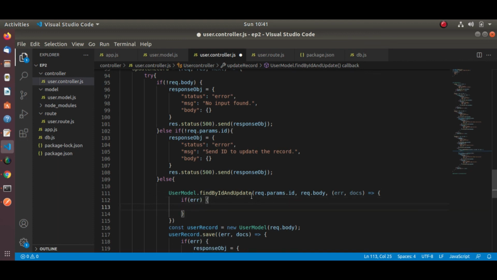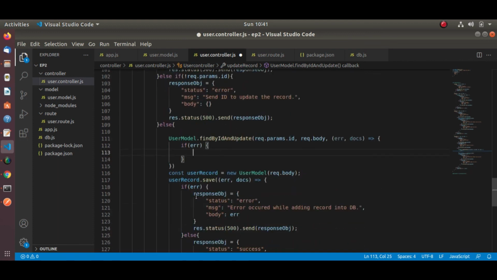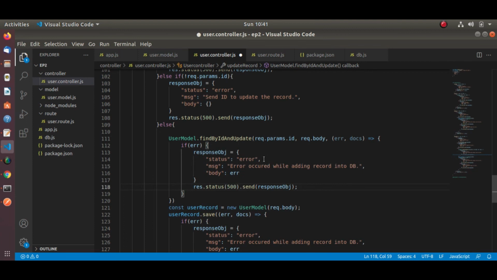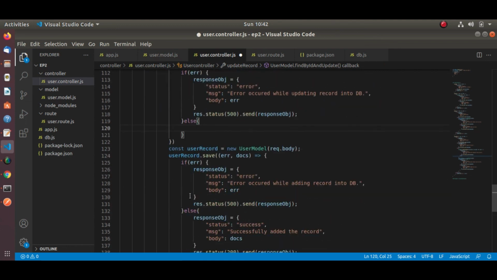We'll do the same, and in the else part we will print the success message.